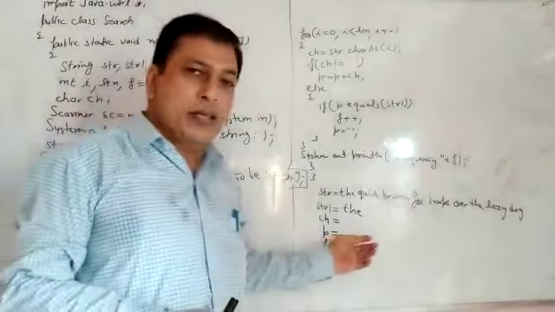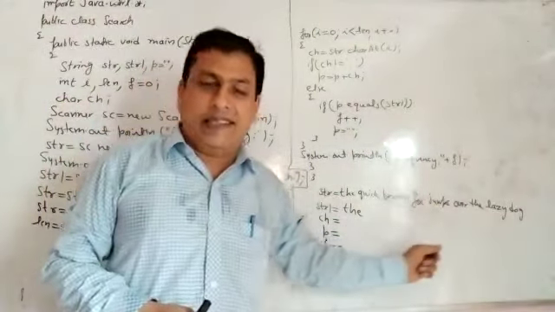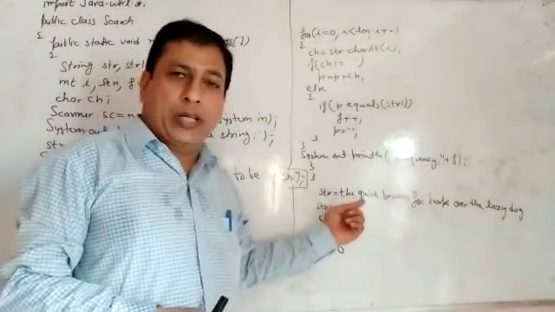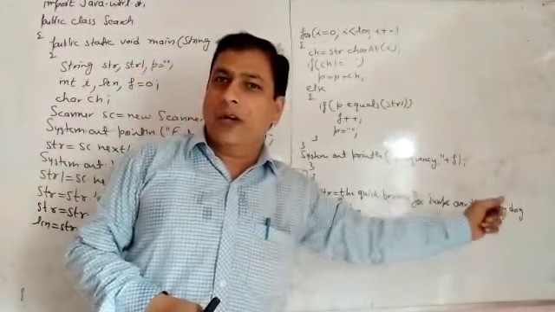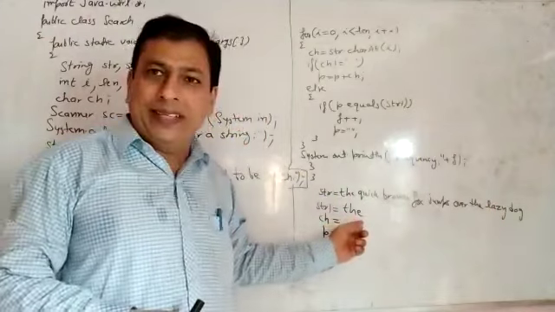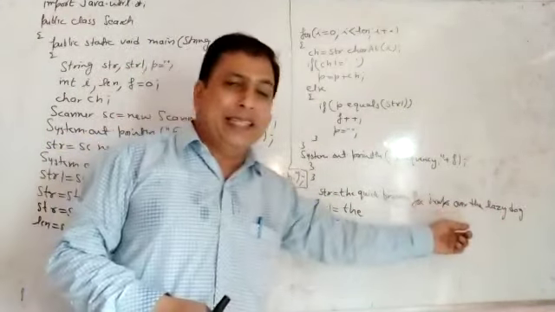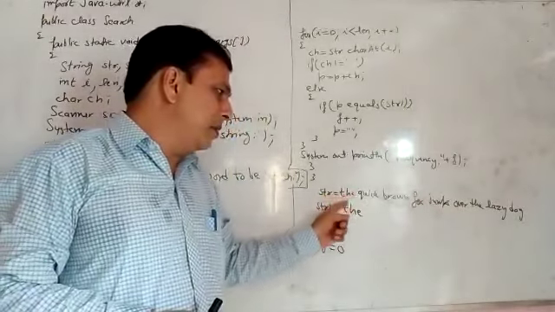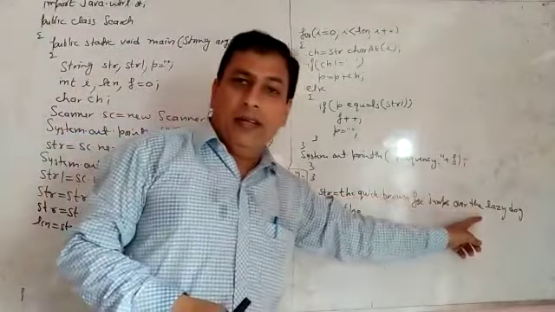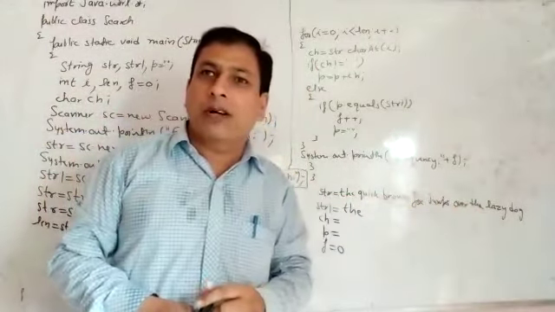See how we can search a word in the given sentence. The sentence is given to you: the quick brown fox jumps over the lazy dog, and the word given is "the". We want to search the keyword in this particular sentence. So how many times is the word present? Here and here. It means 2 times. Now how can we solve this?